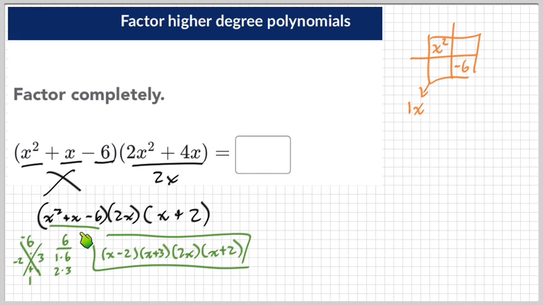And you're kind of doing the same thing that we did right here, but maybe you're doing it in your head. Maybe you still use the big X, I don't know. What you're trying to do is find two numbers that go right here that will multiply to give you negative 6, but then add to give you positive 1. It's kind of the same idea. Maybe you wouldn't use the big X, though, because everything's already organized for you like that. And so you're thinking to yourself, well, what about negative 2